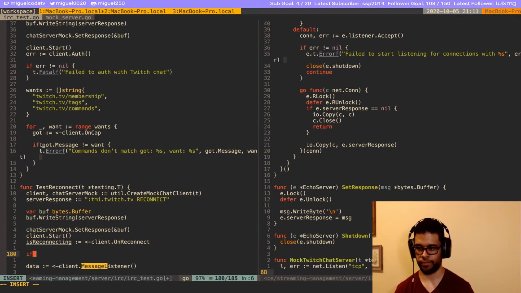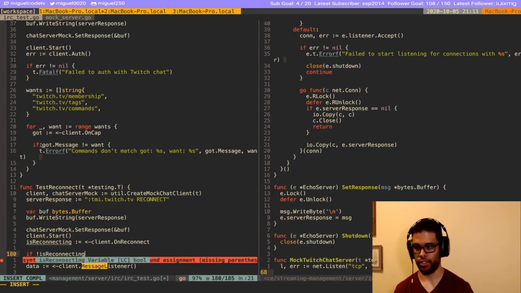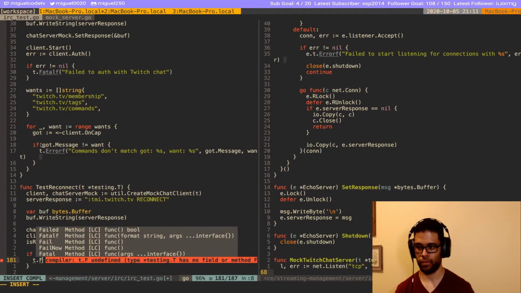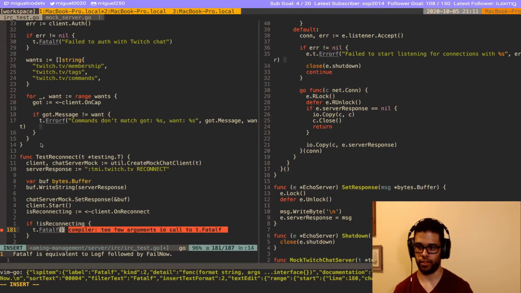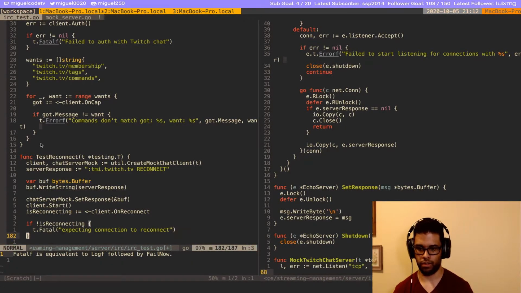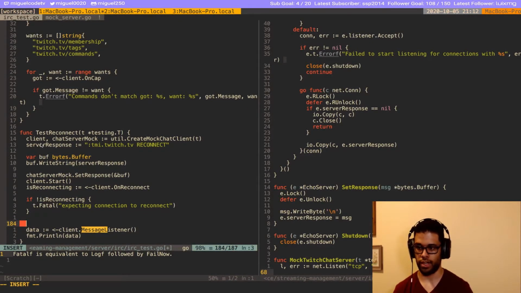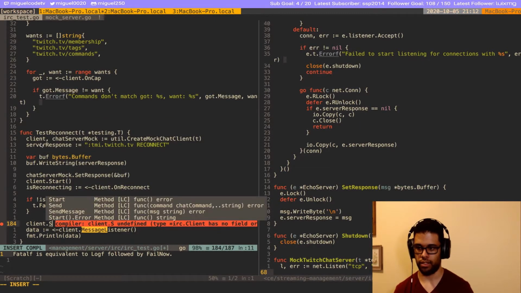So for our test, if this is not true, our test is going to fail because we're expecting the connection to reconnect. Okay, cool. And then here we're going to write to the client, so we know the client sent a message.